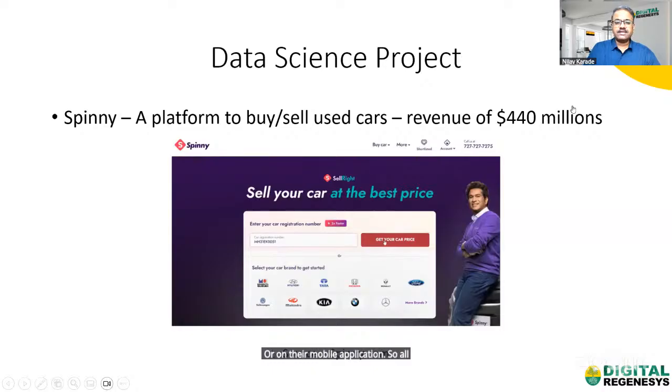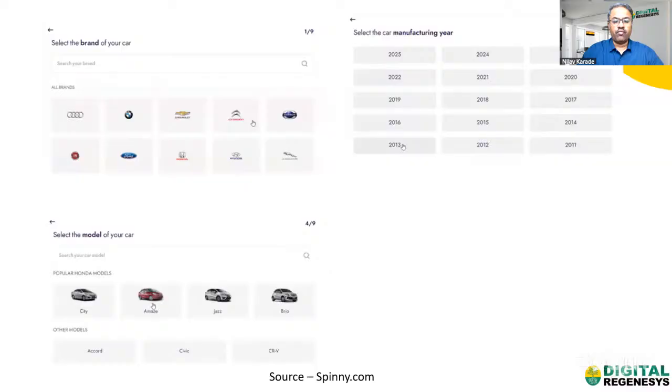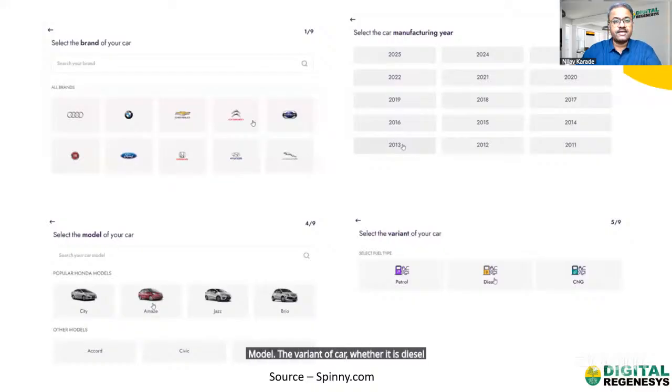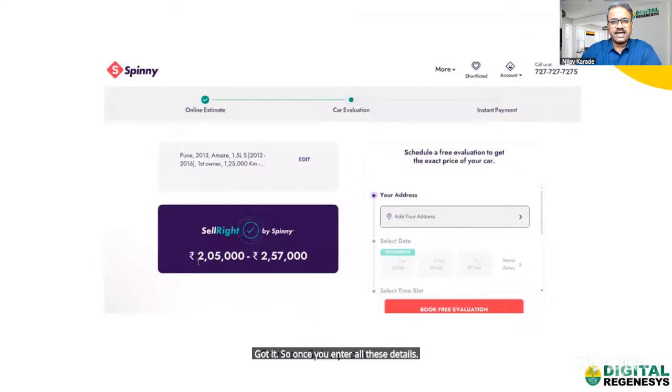So all I have to do is enter my car registration number over here, and after that it will ask me further details about my car, such as brand of my car, manufacturing year, model, the variant of the car, whether it is a diesel or petrol car, and finally, how many kilometers I have driven that particular car. Got it? So once you enter all these details, what happens is that the Spinny application will predict the price of my car. So in this case, it is around